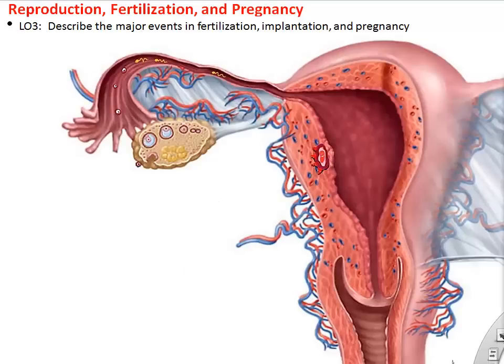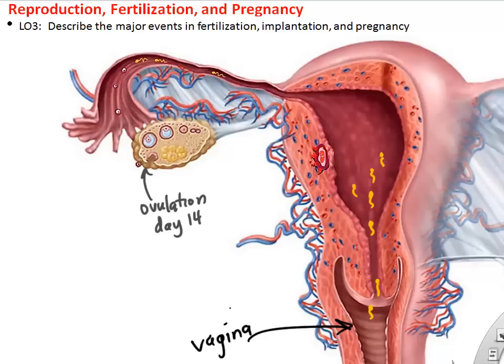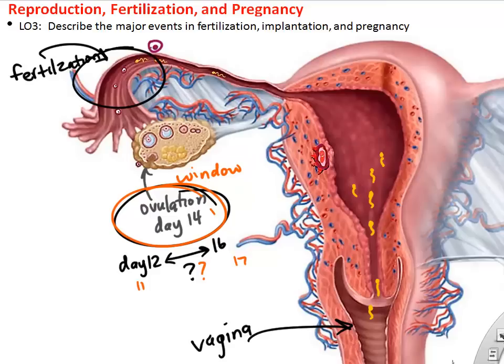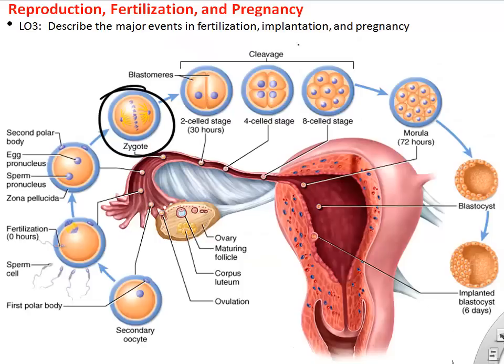Again, where does fertilization occur? Ovulation occurs in that ovary. That oocyte with some of the support cells around it makes its way into the fallopian tubes. Meanwhile, the sperm make it through the cervical canal after being deposited in the vagina, begin transport all the way up to that fallopian tube, and somewhat near the ovary in the fallopian tube is where fertilization typically takes place. Again, the timing matters. You have to have sperm in a narrow window around ovulation, which happens about day 14 mid-cycle. So you probably decrease your chances of pregnancy if sperm aren't around in that small